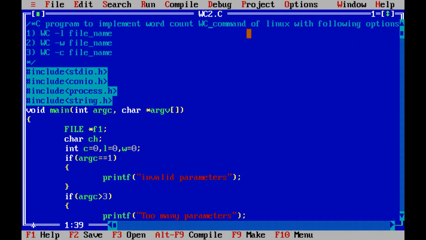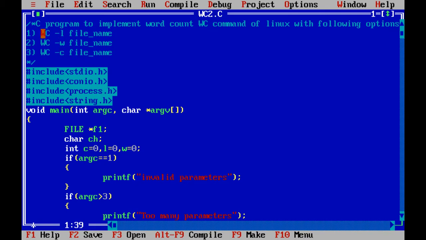Now this WC command of the Linux operating system comes with three different options. The first option is -L, which stands for counting the lines, -W, which stands for counting words from a given file, and -C, which stands for counting characters from a given file.